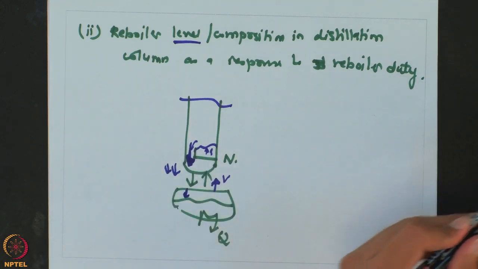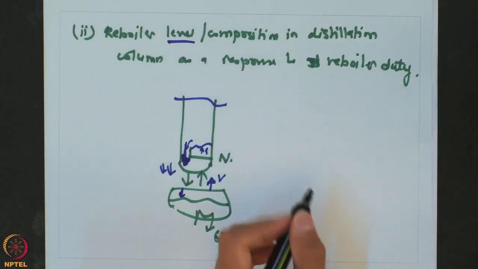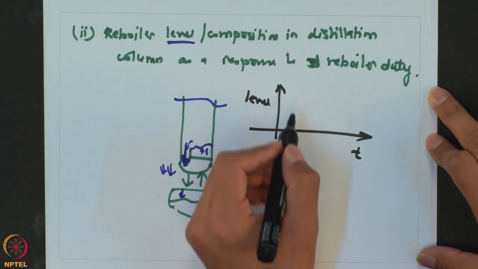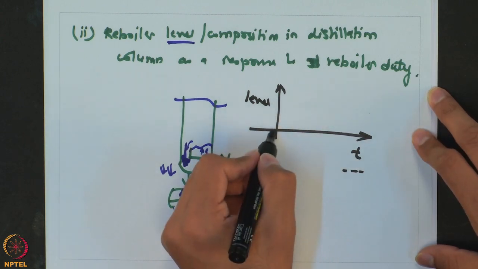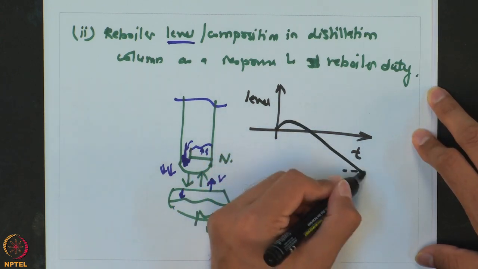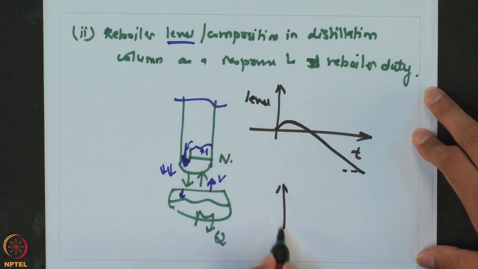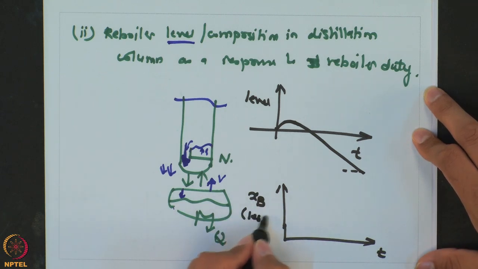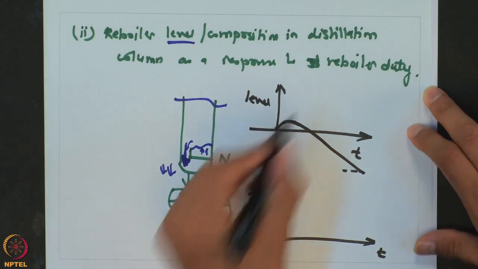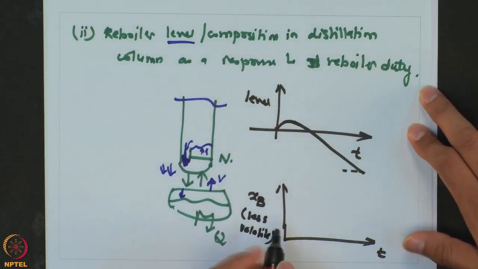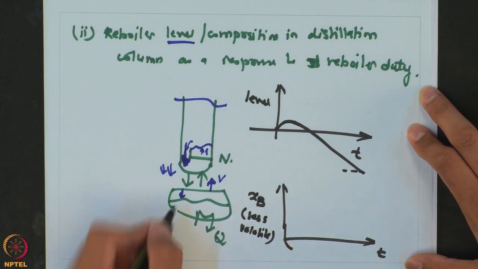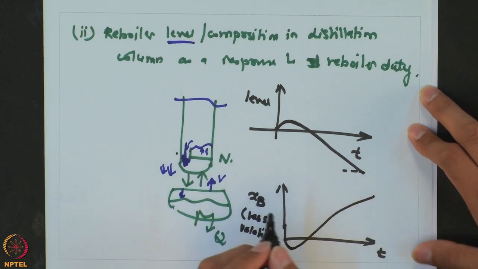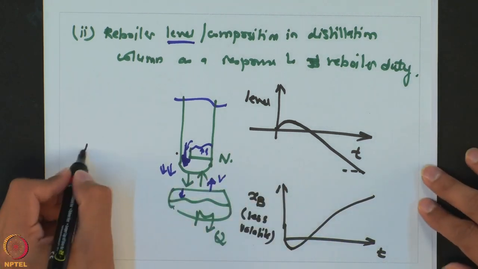So, ideally what you expect is when the reboiler duty increases, the reboiler level you want to go down, but initially you see that the level increases and then the level goes down, and the opposite effect is on the composition. So, if you look at the composition of less volatile, as you increase the reboiler duty you want it to be purer, but what you see is initially the purity goes down, that is because of the mixing of this low quality liquid into the reboiler, and then eventually it goes to a higher value. So, in both these cases you get inverse response.